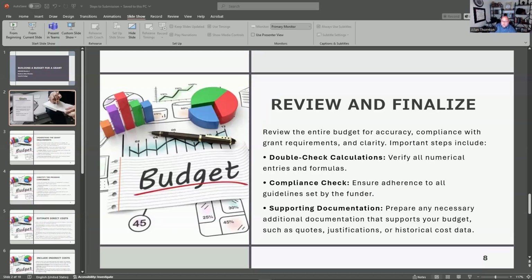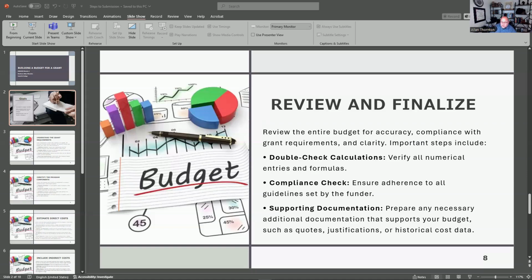If you're the person building your budget, review the entire budget for accuracy, make sure that it fits the grant requirements. There's clarity in it. Double check all your calculations. Make sure that you didn't put one number in wrong. I remember years ago taking an accounting class and sitting for 5 hours trying to find 5 cents. And it was way back in something else I'd put in wrong. So make sure that you're double checking your calculations. You want it all to line